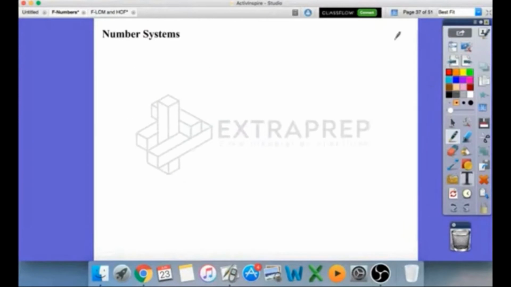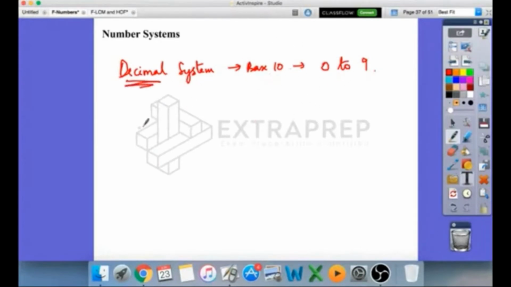Number system. What we use regularly is called a decimal system, because we take the base as 10 and we use the digits from 0 to 9. So we only use digits from 0 to 9, and these 10 digits are only what we use. So it's called a decimal system. That's the reason whenever you're adding numbers like 246 and 318, 6 plus 8 is 14, you take 10 as carry, and the remaining 4 is written here.